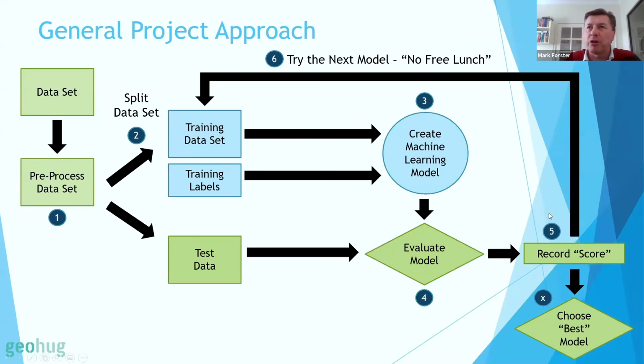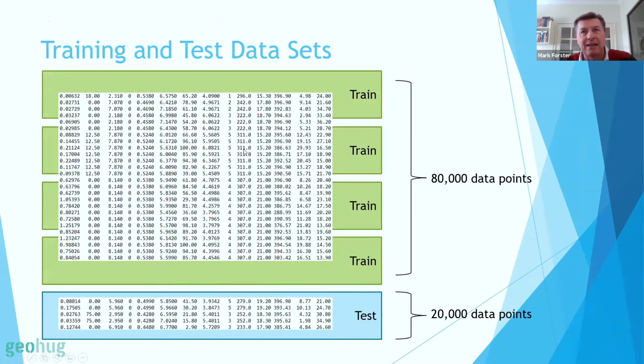So that's the whole approach of this, trying different algorithms and looping through this approach, so that you evaluate all the different algorithms, you keep pumping in your test data, and you record your scores. And eventually, once you've tried all your different algorithms, say you're going to try 10 different algorithms, you come through and you choose your best model, okay? Now that's a high level overview. It's actually a little more complicated than that.